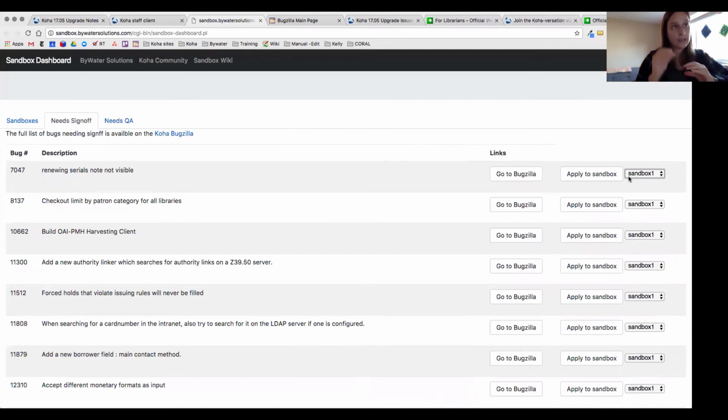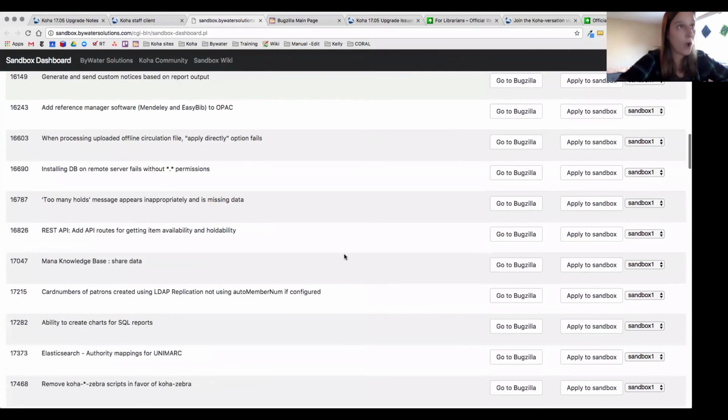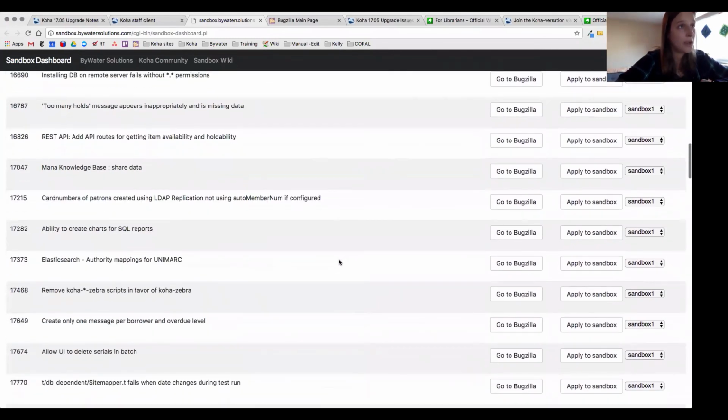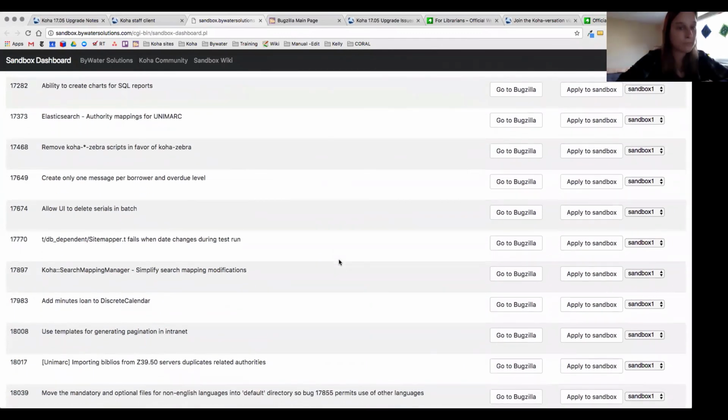It will actually send the message from the Sandbox to the Bugzilla center so they can see that information. This is one of the things that we actually need, more people to go in and sign off on these so they get into the next release a little bit faster. This is one that we'll be doing another town hall on, so you can see the process and a more thorough process. So if those of you are interested in doing that, please let us know. Again, we'll probably have another town hall in the upcoming year.